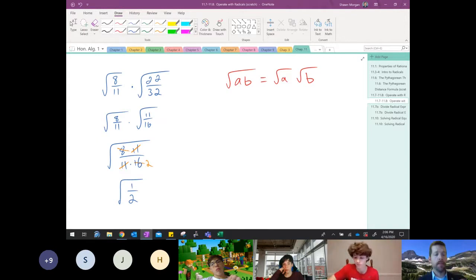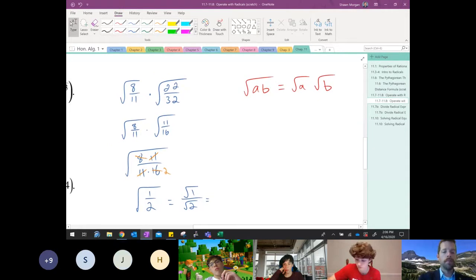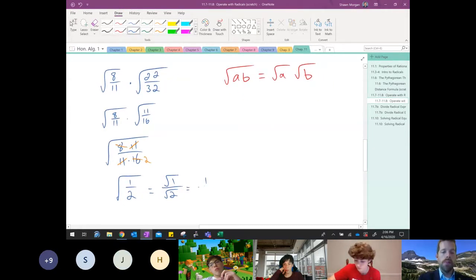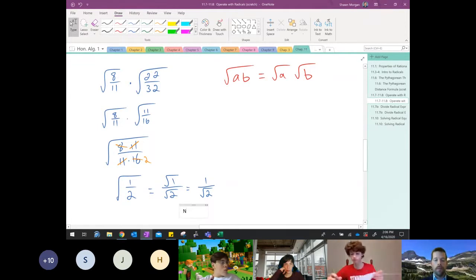Now, at this point, you would split it up and say the square root of 1 over the square root of 2. What's the square root of 1? It's just 1. And at this point, you guys have not talked about this, so this would be an interesting time to segue into this notion of rationalizing the denominator. You haven't really talked about having a square root in the bottom of a fraction, okay? So first things first, in your notes, can you write down that that's considered to be bad form? It's very unconventional. We don't leave